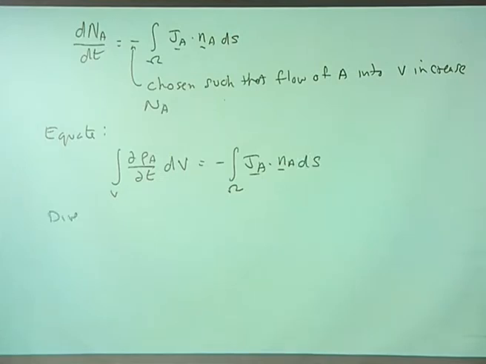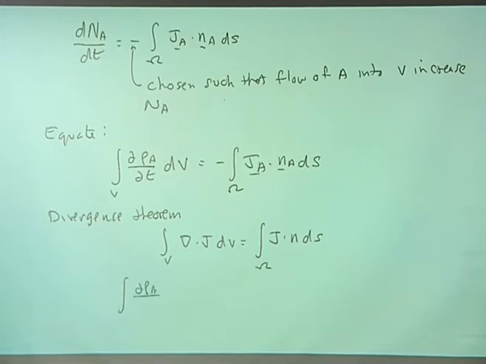And as everyone knows from their elementary calculus, you can use the divergence theorem to take a surface integral and convert it into a volume integral. And so that means that this thing becomes minus the integral of the divergence of the flux, dV,